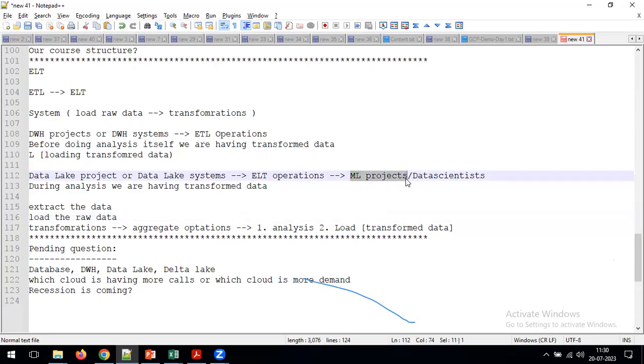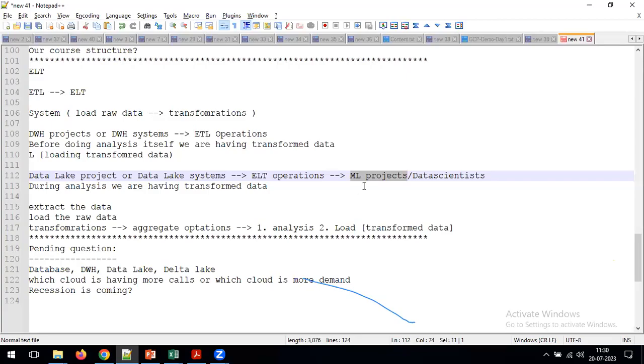For example, in Spark, at a time you can read the data from a text file using one data frame, read the data from a JSON file using another data frame, and read the data from an XML file using one more data frame. Now we have three different data frames. On top of these three data frames we can perform any kind of aggregate or join operations depending on our requirement.